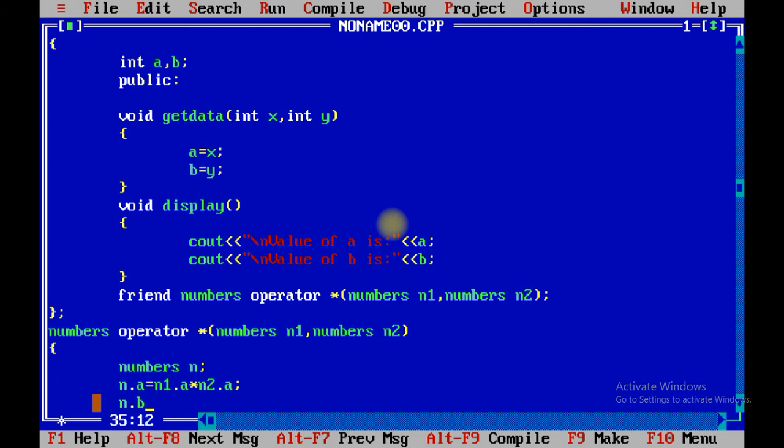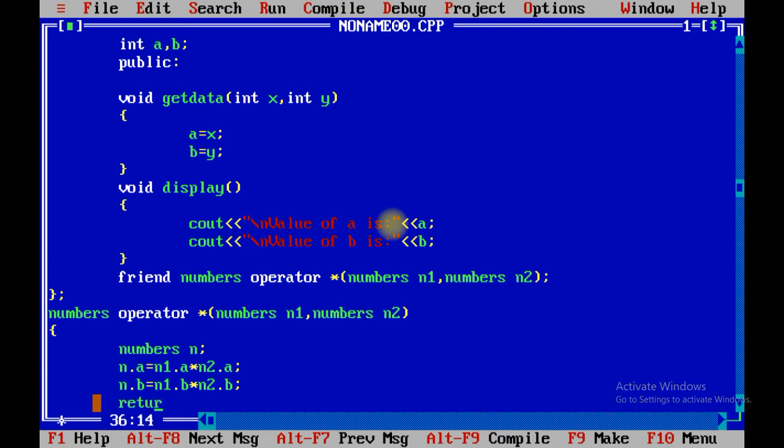Similarly, n dot b equals to n1 dot b multiplied by n2 dot b. And now we are going to return n. Remember one thing, n is the object of number class, and we are going to return the object using this number return type.